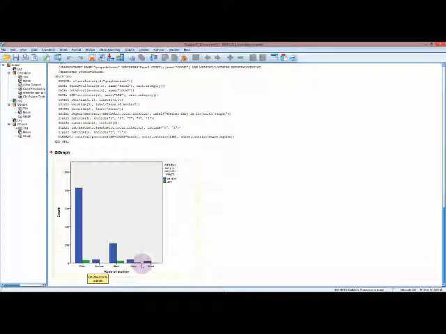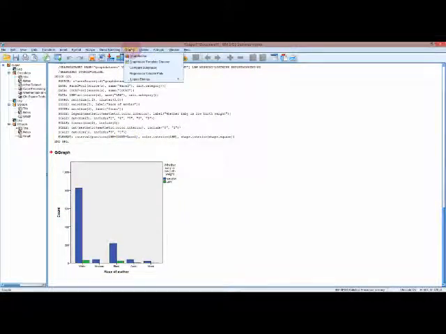But if we're interested in the relative proportion of low birth weight babies, because there are such unequal sample sizes in each of these groups, we can't see if the proportion looks different in each of these cases. And so instead of the count, we might want to plot the percentage. So if we go back into graph chart builder,